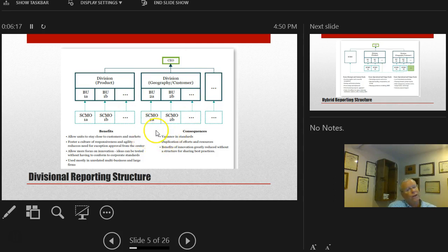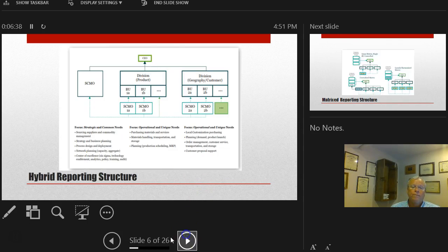So the advantage to it is you stay close to your customer and your markets. So that's why you would do it that way, and you would be looking at kind of a cultural thing: this is how we do it, and we really don't care how you do it. So this is a hybrid reporting structure, which is a little more used to what I've seen and have found